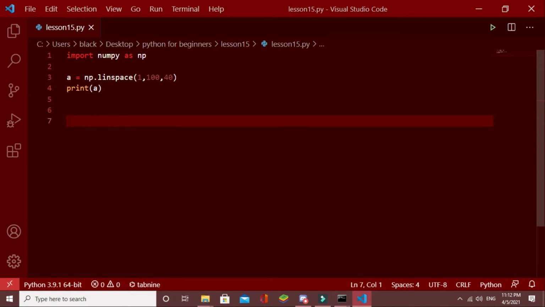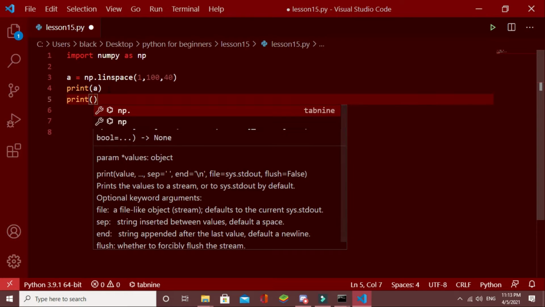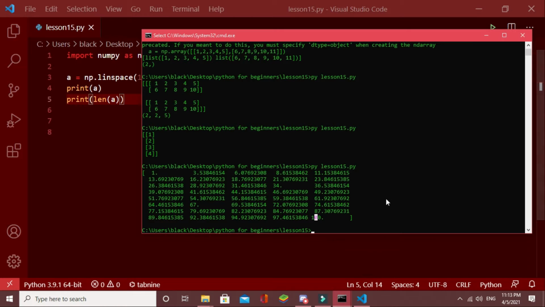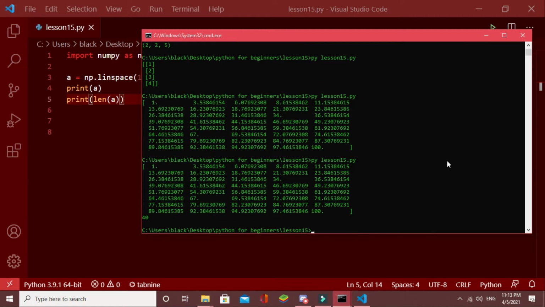To see how many numbers there are, I type print. You can use this length directly to see the length of it without knowing the shape or dimensions. As you can see, there are 40 elements, and these are linearly spaced between these two numbers.